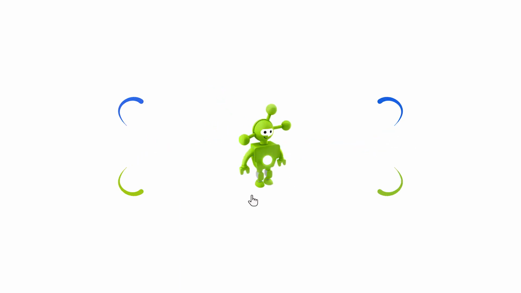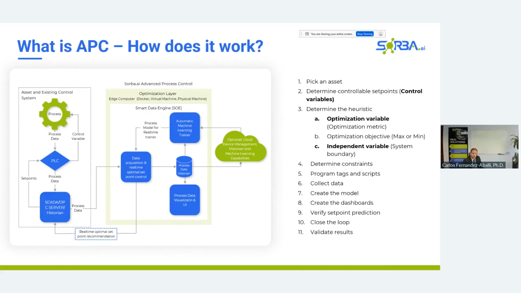So what is Smart APC, or Smart Advanced Process Control? Some of you in the industry who are listening and do controls currently say, well, but my controls are smart. I mean, they're full of adjusted set points. They react to the machines. They correct errors. The thing is, most control systems implemented in industry are actually based on rules. Sorba's advanced process control is based on data, and that makes a big difference into how we're finding the improvements